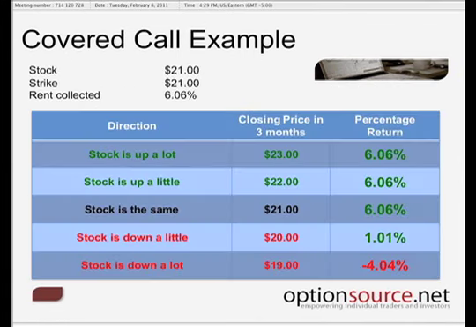So now what I like to do is put it in perspective. Over the next 3-4 months, let's say that ETF could have traded to any of these prices. That ETF could have kept going up to $22. It could have gone to $23. It could have dropped down to $20 or even broken down to $19. But now look at this perspective. And now you cut off the upside because you gave the upside to the speculator.